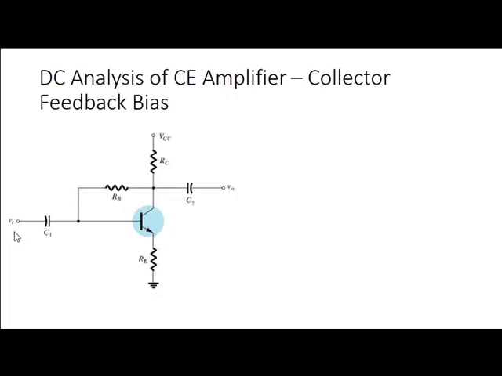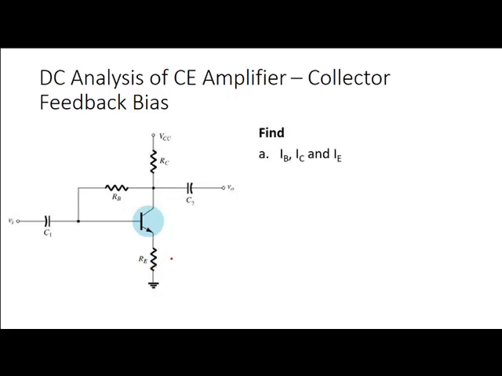The input AC signal which needs to be amplified is applied to the common emitter amplifier using the coupling capacitor C1. Similarly, V0 is the amplified signal and C2 is the output coupling capacitor. Here in this circuit, a voltage feedback resistor RE is also used. If you don't want voltage feedback resistor RE, you can set its value to 0 as well. In the expressions which we are going to derive, you can also set RE to 0 if you don't want voltage feedback in your common emitter amplifier circuit.